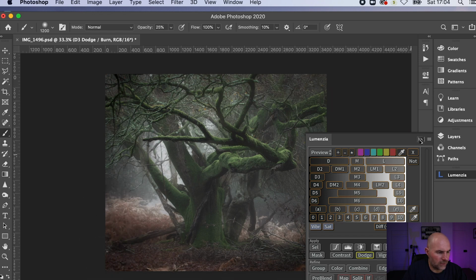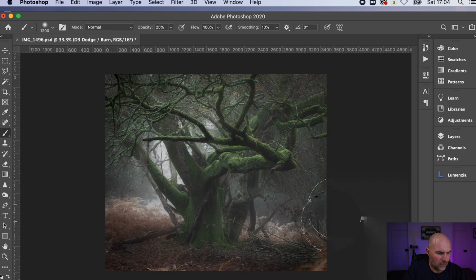Just a little bit. That's looking all right, because I want your eye, the viewer's eye, to obviously go straight to the lighter areas. So that's looking quite good at the minute. Right,